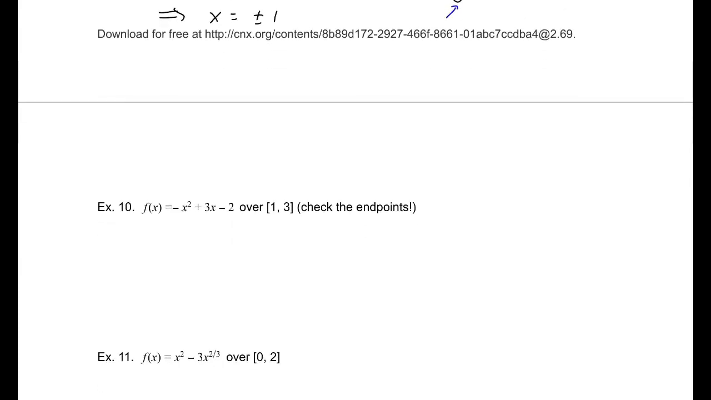Alright, so f prime of x equals -2x plus 3. Setting that equal to 0, it'll never be undefined, but setting it equal to 0, we get x equals 3 over 2. So we want to evaluate each of these. All right, -x squared plus 3x minus 2. So evaluating at the points 1, 3 over 2,